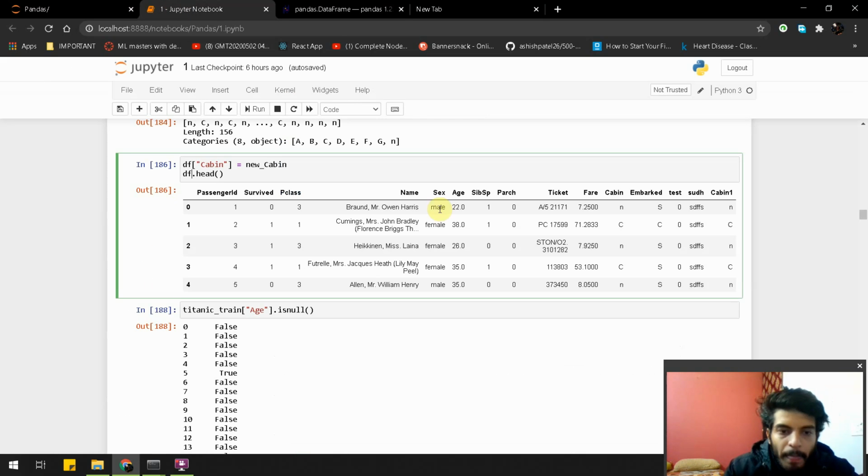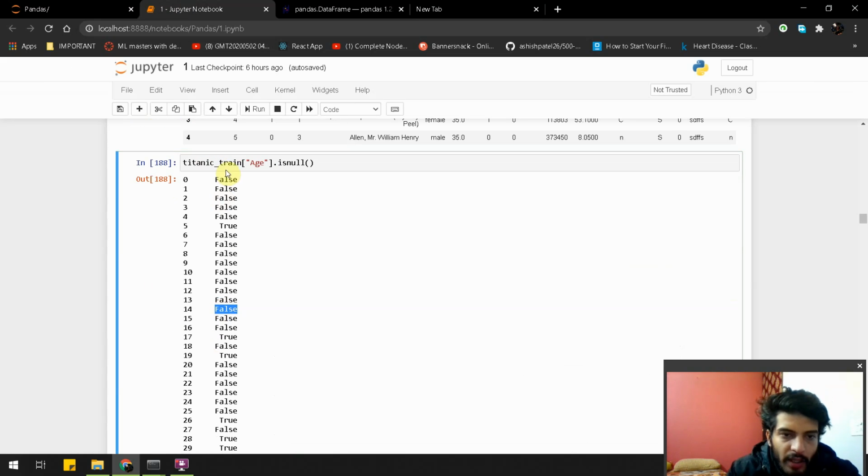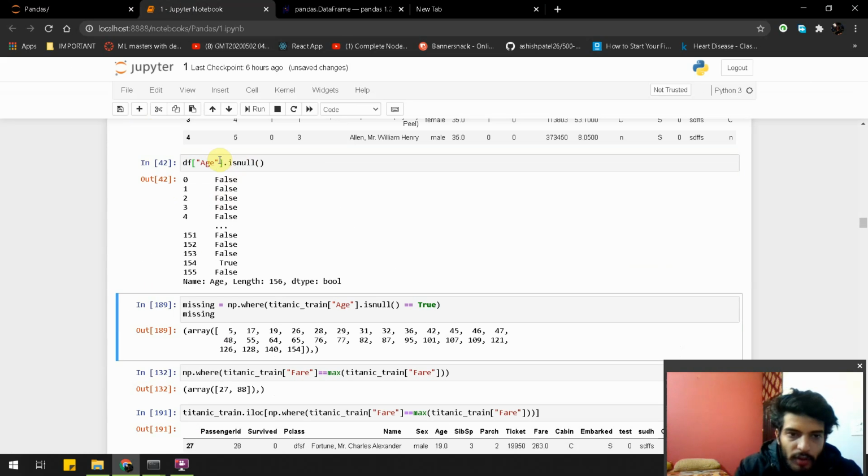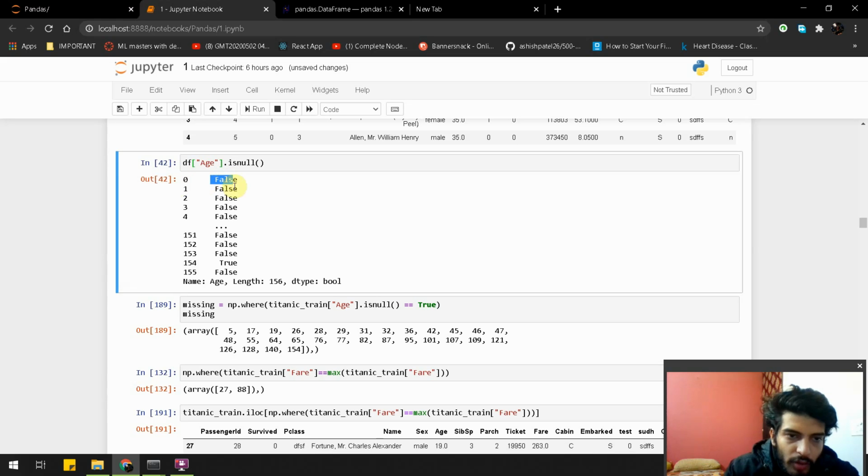Info. And there is another function called isnull that checks if we have any null values in our column. Now you can see df.isnull. It shows there are no null values at index 0 or index 1, but we do have a null value at index 154.